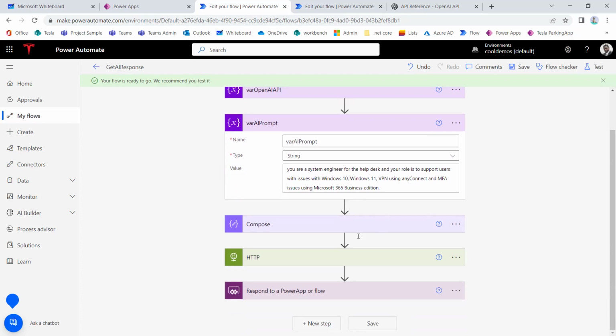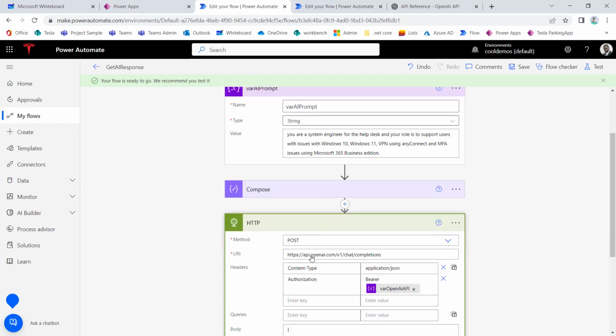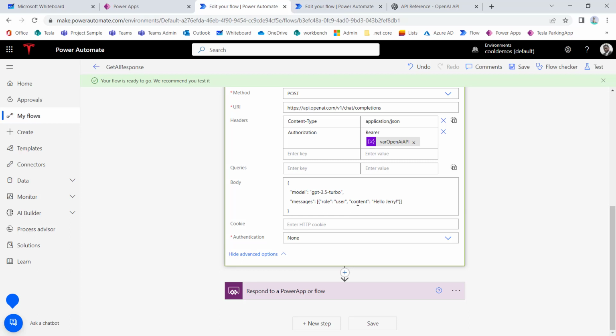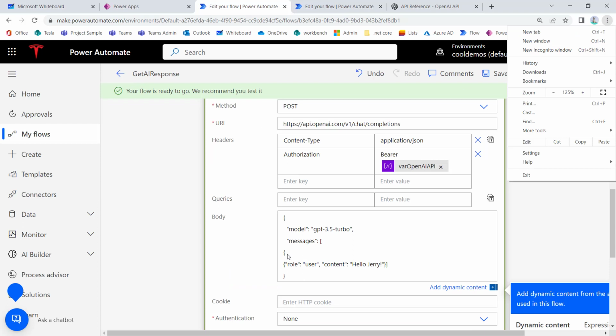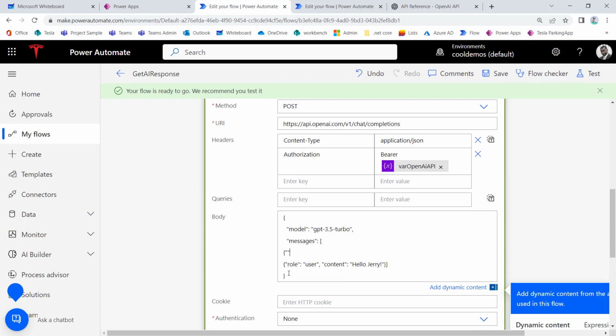And now that I have that, I can go to this HTTP request, and you notice how you have the different roles. So we kind of have to break this out. So that's going to be your record. Let me just zoom in so you can see it. So the role on this one is going to be system, and I know that because of the API documentation, right? And then they all have a content property,